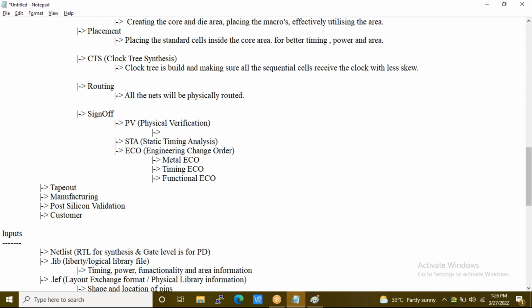If there are any violations, we are going to be performing checks on that. So PV means checks done on the physical routed nets.